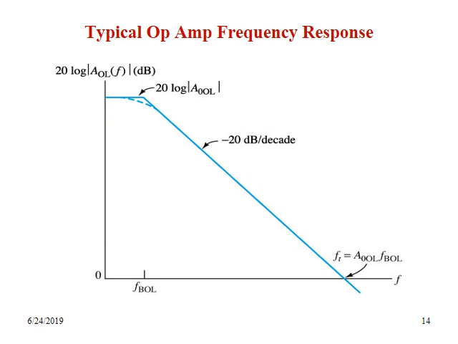So here we can see the frequency response. As frequency goes on increasing, the gain goes on reducing. At open loop, the gain is very high and the response of the op-amp is quite flat, and then later on, as frequency goes on increasing, the gain starts reducing. This is the open loop frequency response of the op-amp.